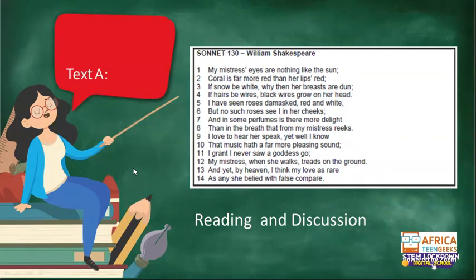So what is the message? What would you say is the idea or the theme of the sonnet? Guys, remember what I said the theme was? The purpose of the poem. So the theme here is love. He is in love with his mistress. He loves her despite her imperfections, right? It's an expression of love.